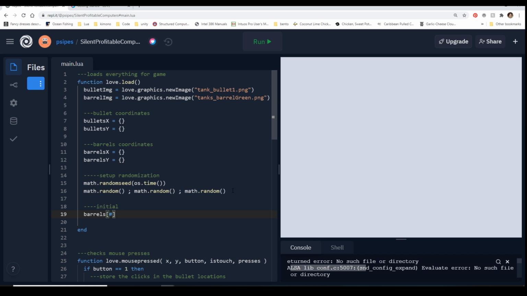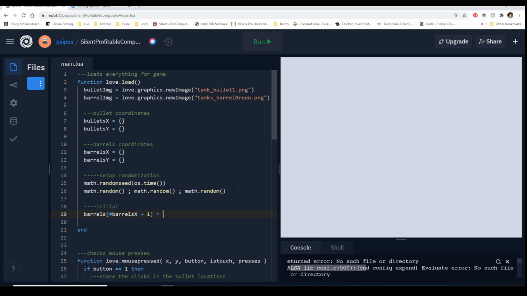So if barrels is at 0, or if it's at anything, we're going to take the length of our current table and add 1. And then we're going to put it someplace. So now we have to think about where we want this barrel to actually sit.